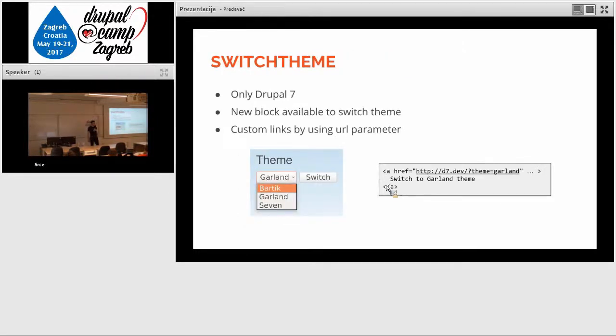Switch theme. There are cases where there are special themes for color blindness and stuff like this. This is an easy module. I mean, it's only for Drupal 7, but maybe there will be a Drupal 8 version. It gives you a new block to easily switch theme. So you have a theme for colorblind people or something else, or with a larger font size or something like that. You can easily switch it, and you can